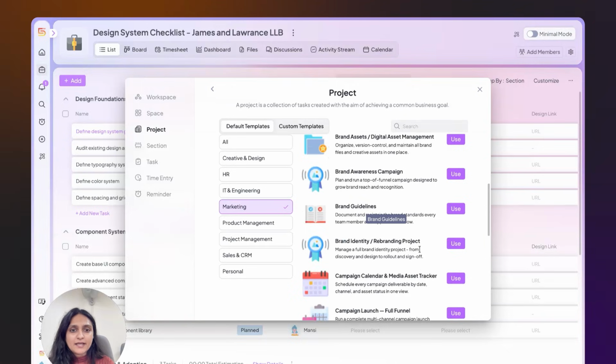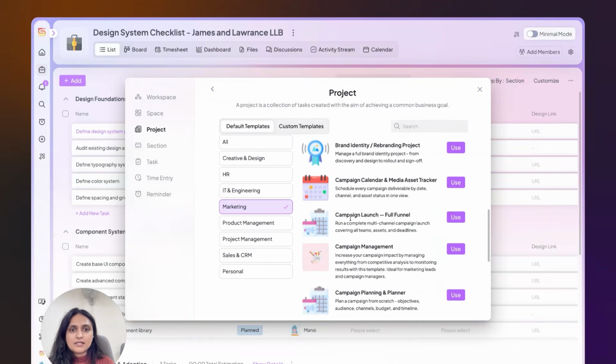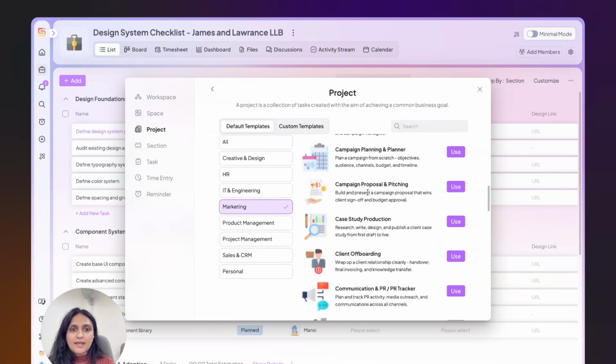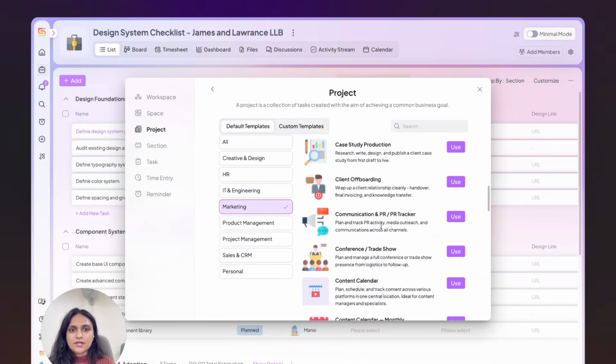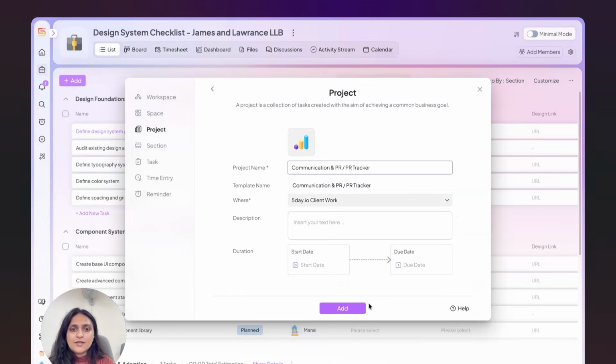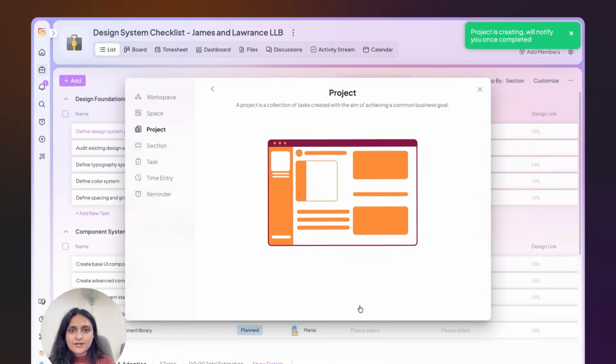We have one for brand guidelines, rebranding project, campaign launch, campaign planning, campaign proposal, case study production, client offboarding, communications and PR tracker, and so much more. You simply have to click use here and add it to your task list.